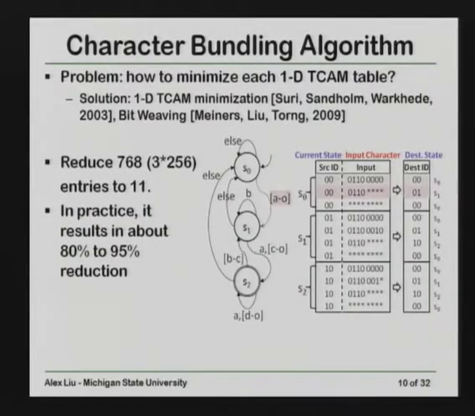In practice, this technique itself results in about 80% to 95% reduction in TCAM space. Take a look at state table S0. These 2 entries will encode A to O, for example, and these 2 entries will encode else.